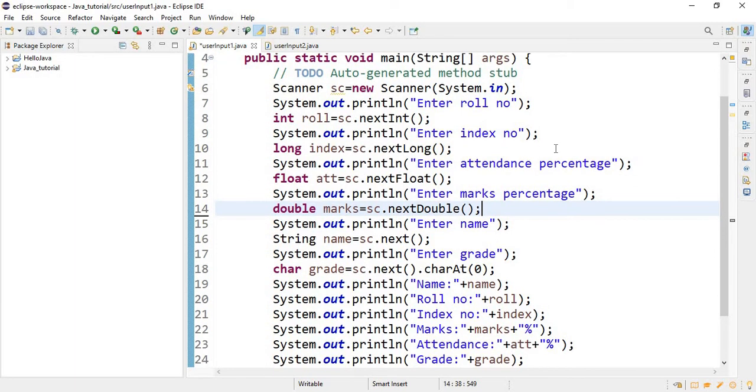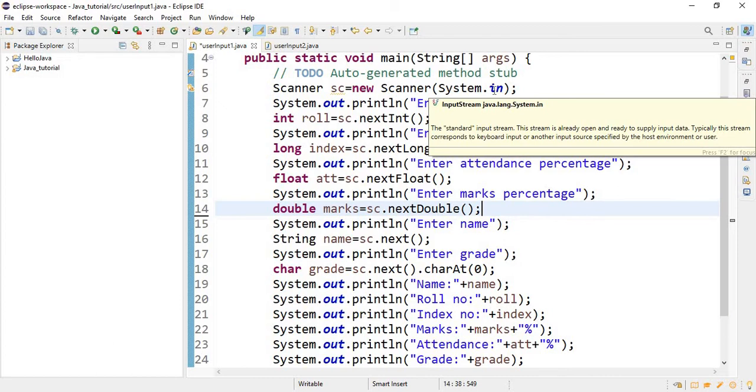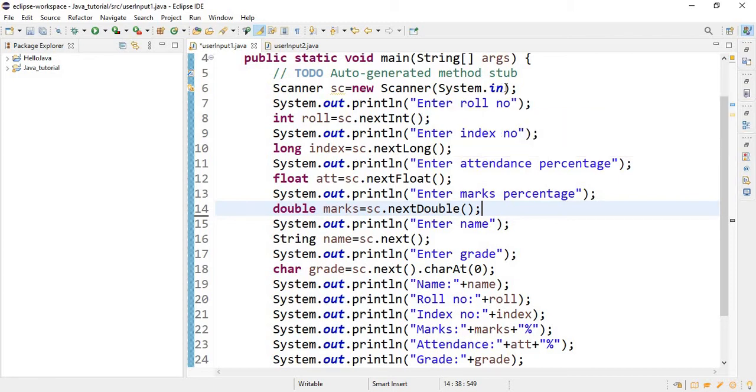Before we start taking interactive input from the user, that is input through the keyboard, we must initialize the scanner object. Like I had shown object creation, similarly, we shall create the object sc of the scanner class by using Scanner sc = new Scanner(System.in). Since we want to take user input, we have used the standard input stream, that is System.in. So System.in will denote the input stream.